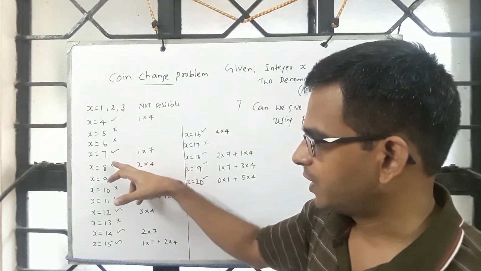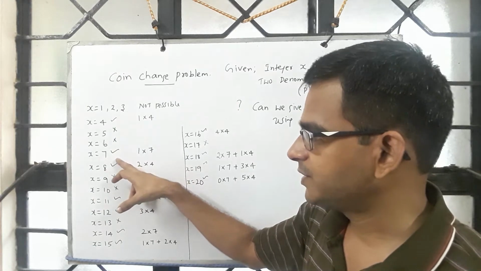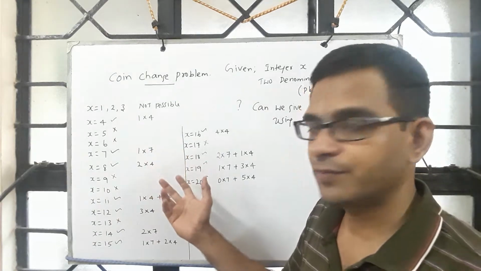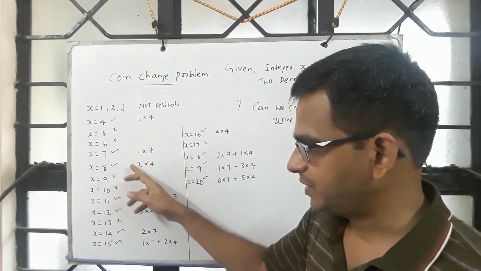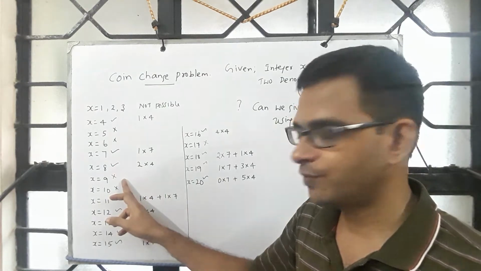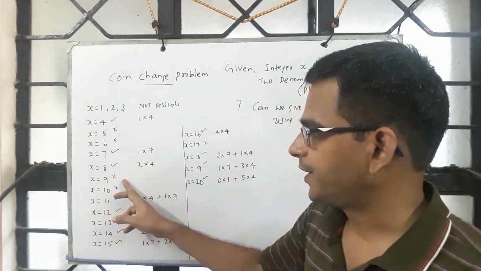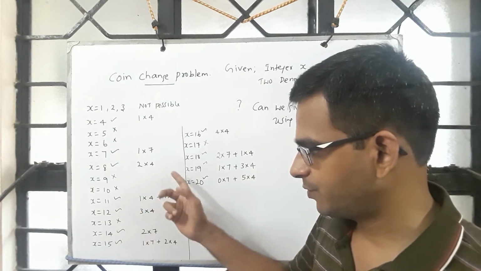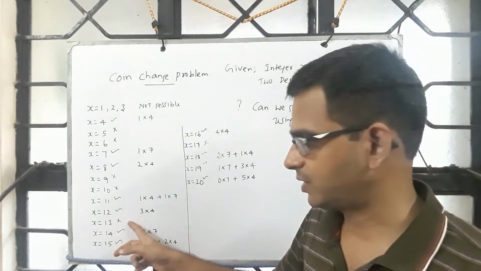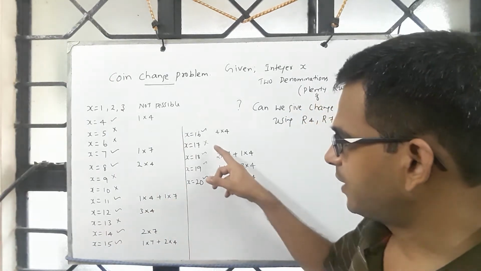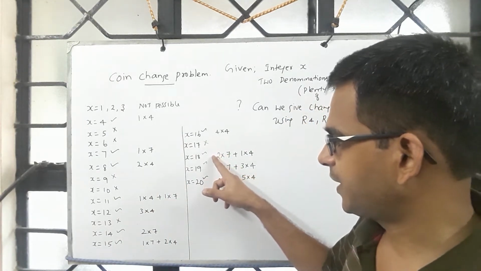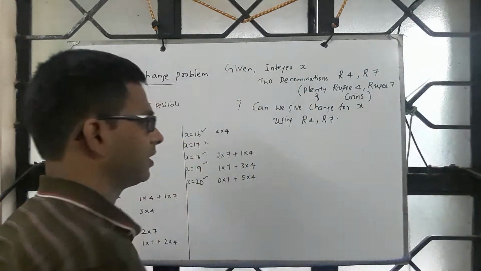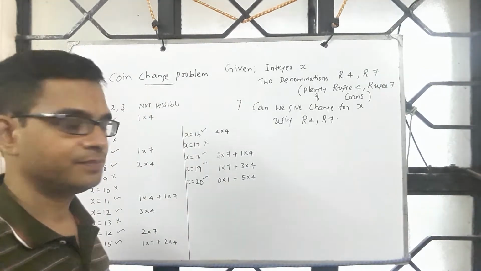Similarly, you go down and you see that for x equal to 7 and 8 it works, and thinking that it will work for all x starting from 7, we see that the proof doesn't work for 9. And now again 11 and 12 it works, you attempt a proof and see that for 13 you are stuck. But we need an x such that starting from that x it works for all. Only then would we be able to complete the proof using induction.